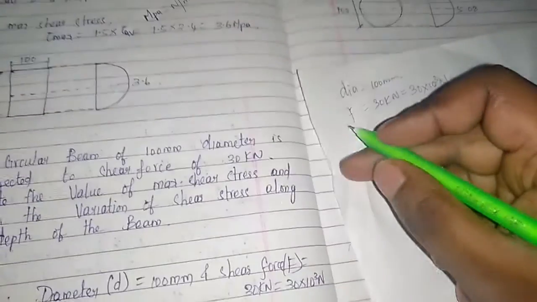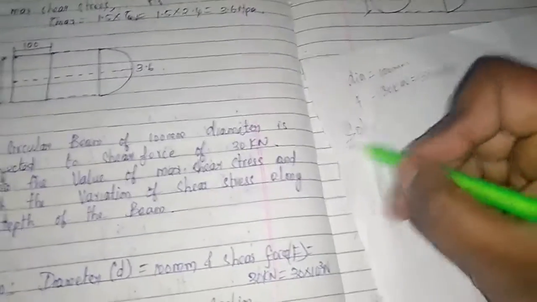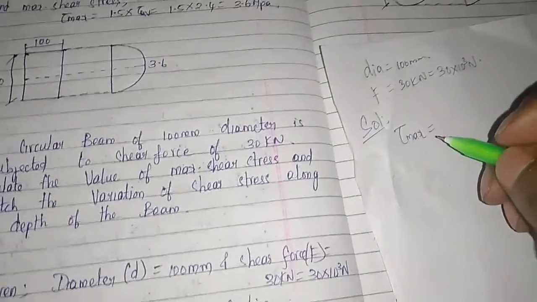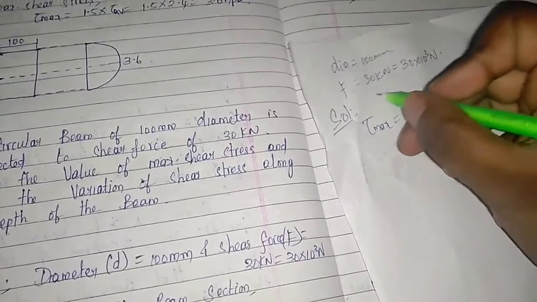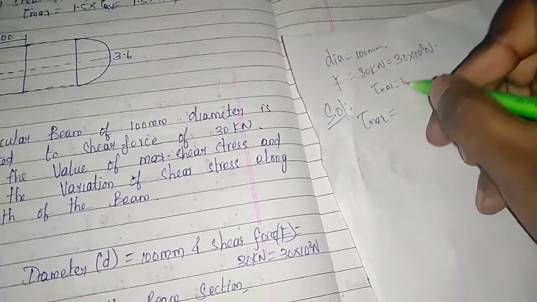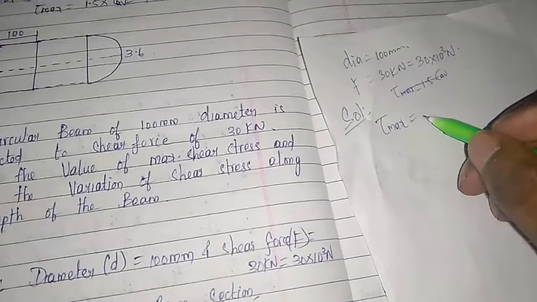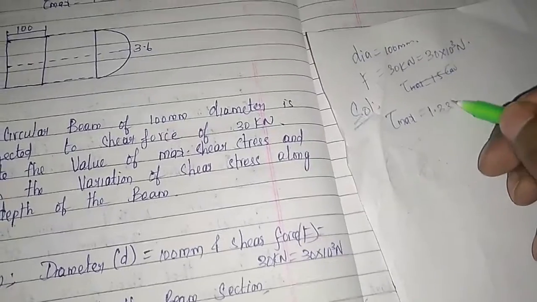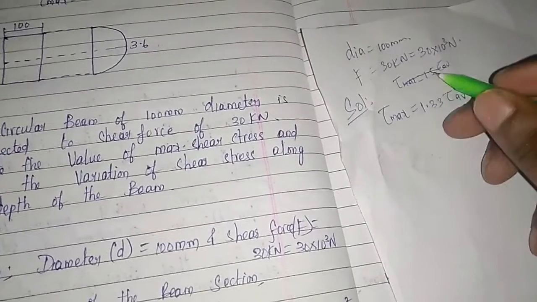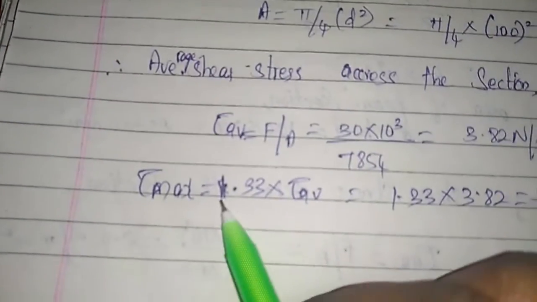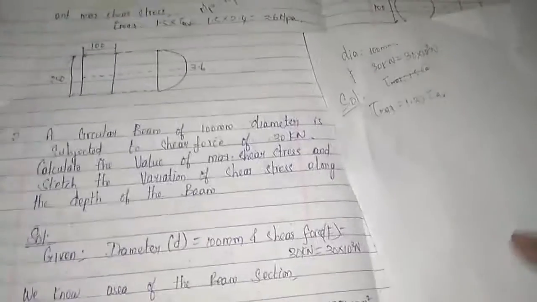Okay. So first you have to find the solution. First you have to find what? Maximum shear stress. So tau maximum is equal to, what is the maximum shear stress for circular? Maximum shear stress for a rectangular beam is 1.5 into tau AB. Okay, it's for rectangular beam. Maximum shear stress for a circular beam is 1.33 tau AB. Okay, only a simple difference, 1.5, 1.33 for circular. So I will show you the formula. See, maximum shear stress for circular beam is 1.33 into tau AB.